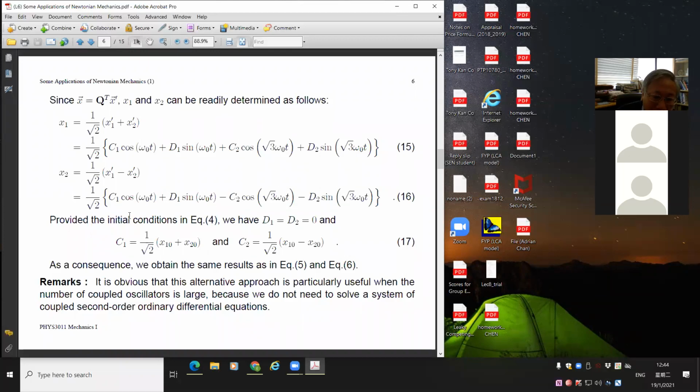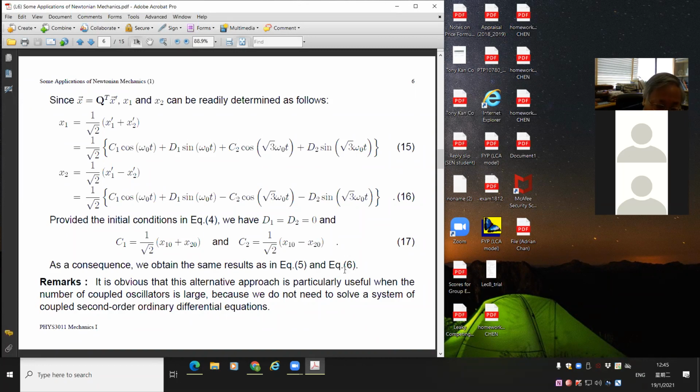Then we impose the initial conditions: initial displacement non-vanishing, initial velocities vanishing. So D1, D2 must be 0, 0, and C1, C2 are given in equation 17. As a result, we obtain the same results as in equation 15, equation 5, and equation 6,